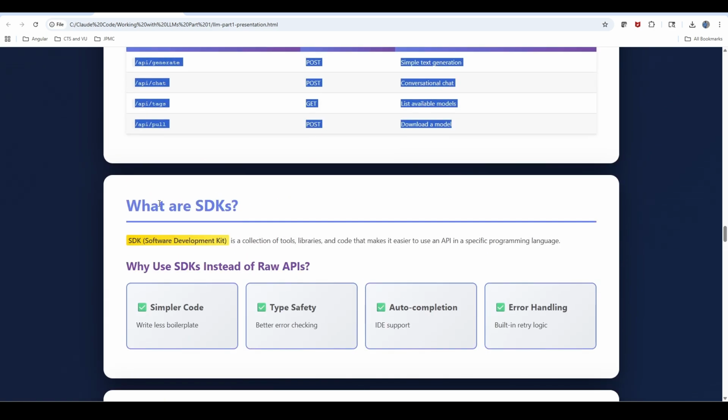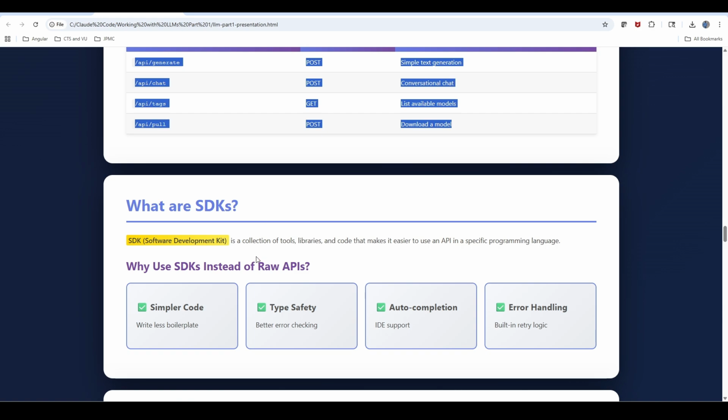And there is another way we can access these models: using SDKs. We talked about the REST APIs, right? Here, these are the SDKs. SDKs are libraries which internally have code to directly connect to the LLMs. These SDKs may be available in different programming languages: Python, Java, Node.js, or whatever popular languages we are using today. Most of these LLM providers created SDKs to access the LLMs.